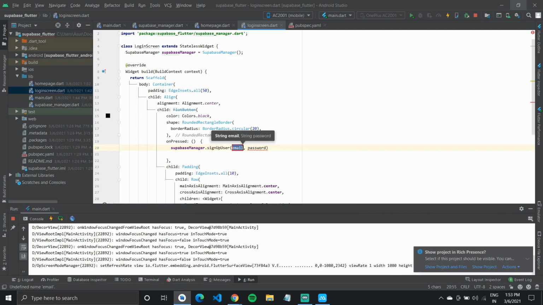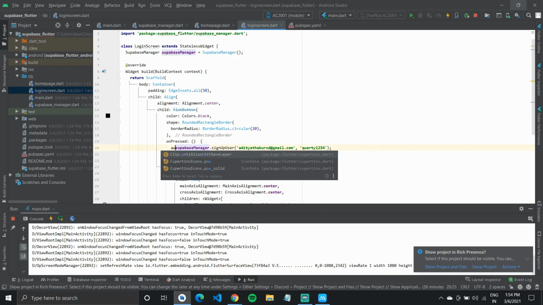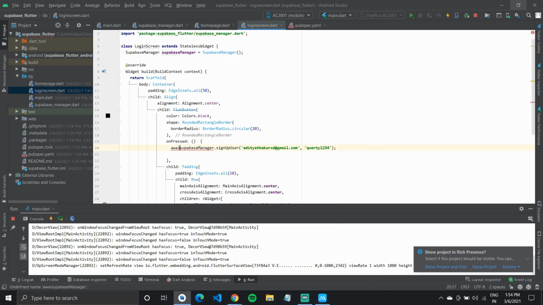And since I haven't created those fields, if you create those text fields to take in email and password, you can give the value of those text fields right here, like email controller dot text, and do something like that. Let's do something like that and make it await. Make this function async, right?